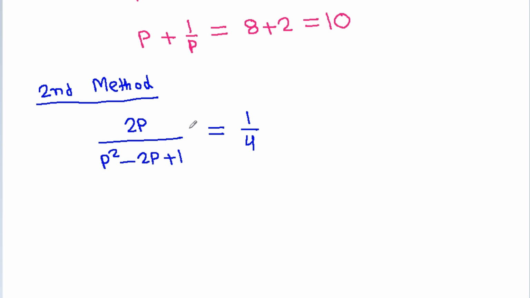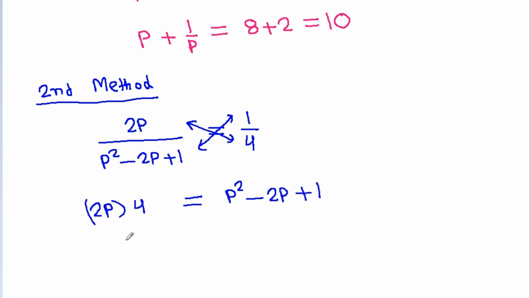And if we cross multiply, then 2p times 4 will be equal to p square minus 2p plus 1, and it is 8p is equal to p square minus 2p plus 1,